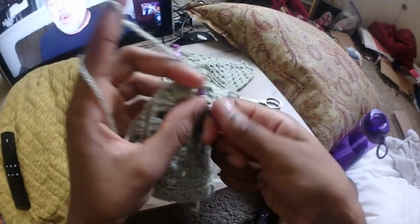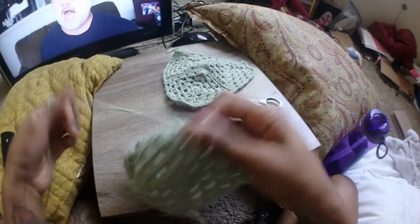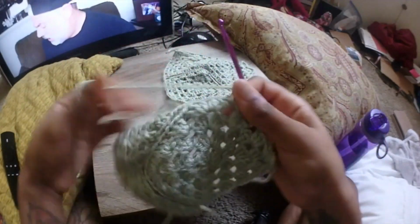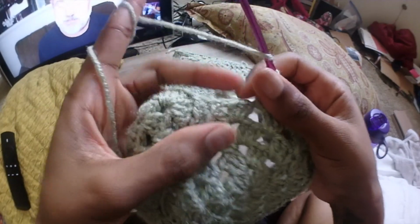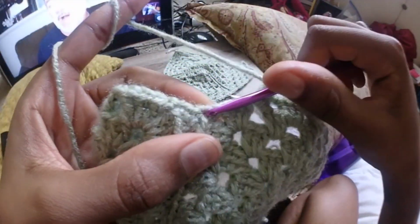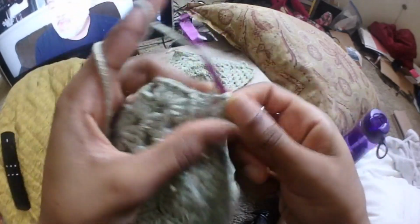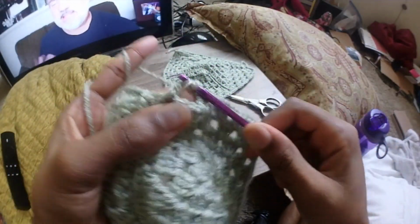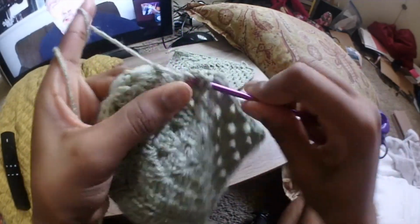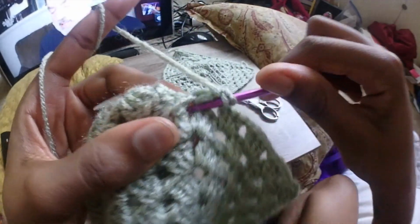So what we're going to pay the most attention to, and I know I'm going fast here, but this is because this is just very repetitive. The only thing I really want to talk about with doing this border around is when we get to these chain 2 spaces here in this corner where the join is, we're just going to do 3 double crochets because we want to keep this side flat. We don't need to have anything sticking out crazy. So just do 3 double crochets right into that chain 2 space,